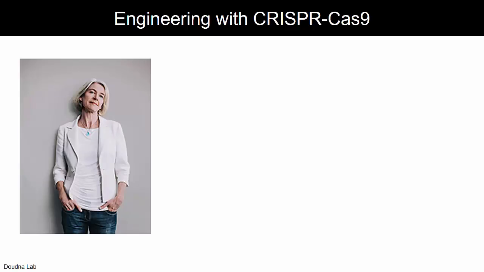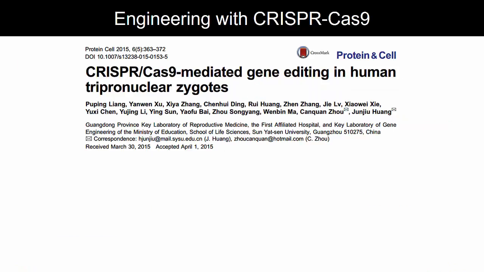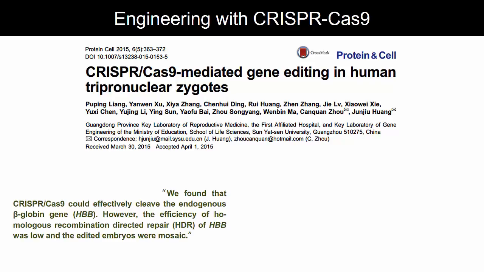Researchers like Pomona alumna Jennifer Doudna have done a lot of work in developing this technology. To date, it's been successfully used to alter the genomes of everything from plants to human cells in culture. Recently, a group in China made big news with the first attempt to use CRISPR-Cas9 in human embryos. To avoid ethical issues, they used non-viable tripronuclear, or 3PN, zygotes, which form when 2 sperm fertilize the same egg in IVF treatment. The CRISPR-Cas9 system was very successful at cutting the allele, but repair with the desired sequence was